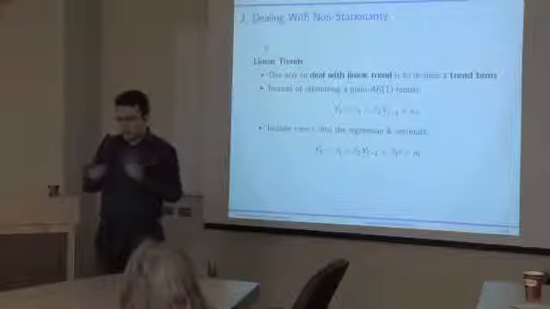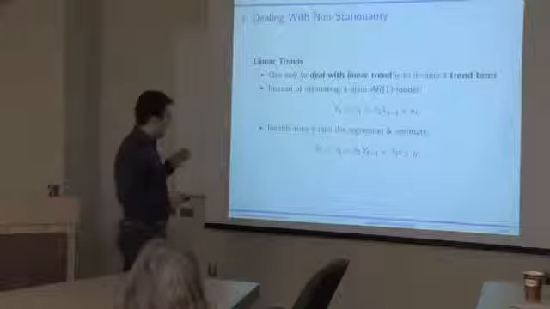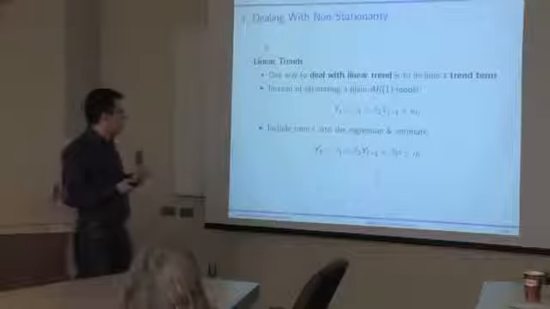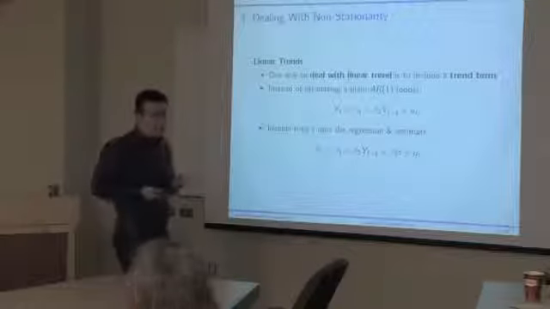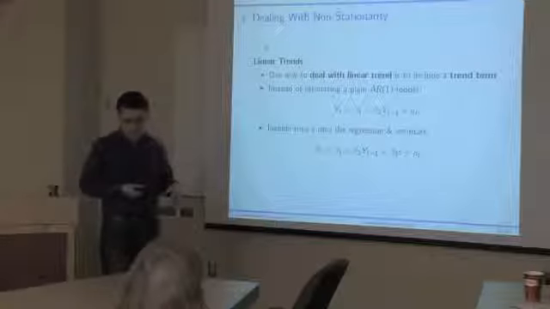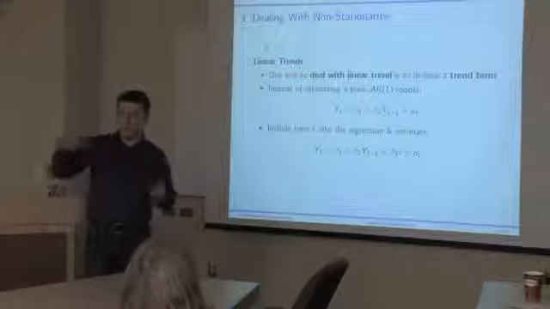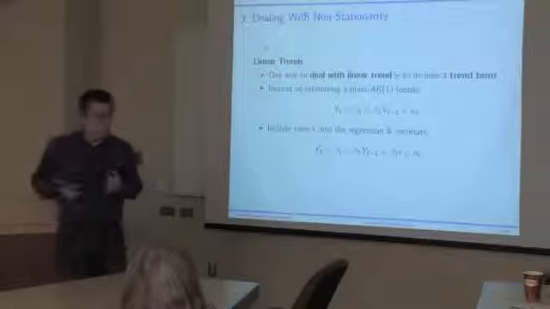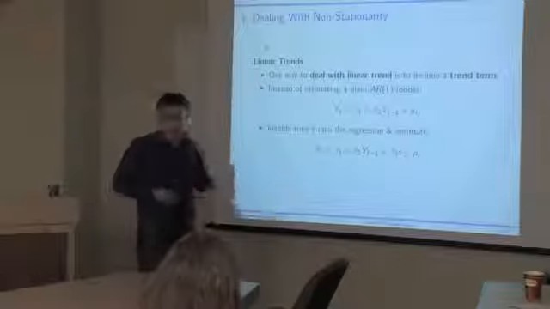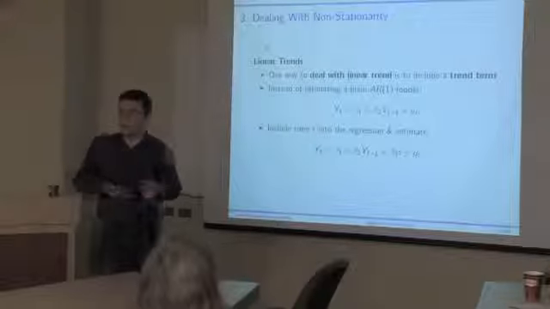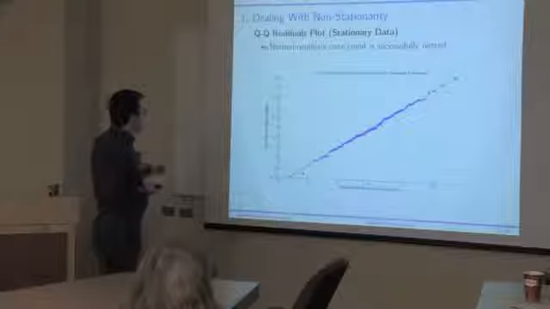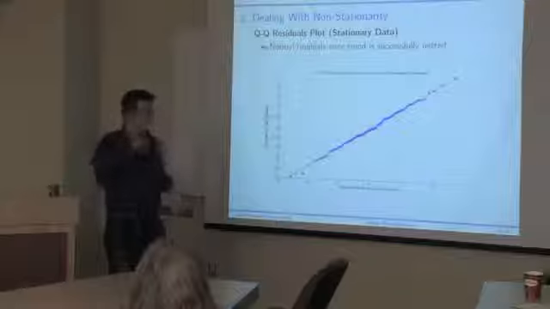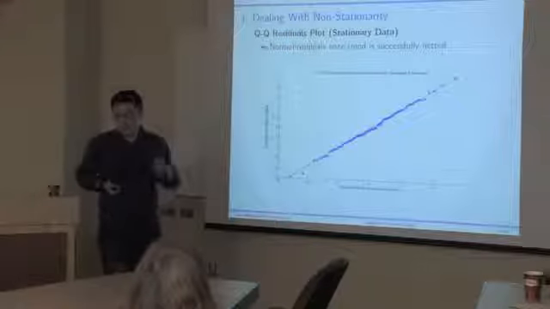And once you do that, you could again look at the QQ-plot and see whether including a linear trend term was in fact successful in resolving the non-stationarity issues. So, for example, if after you estimate this model, you do a QQ-plot, and the residuals look normal, you may conclude that yes, indeed, the trend in the data was linear, and the inclusion of the linear trend term successfully captures that trend. So now I'm happy with my model estimates. So this is an example of a residual QQ plot that you would get if you included a linear trend term